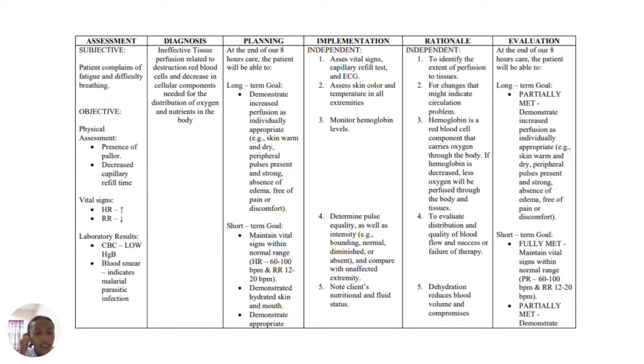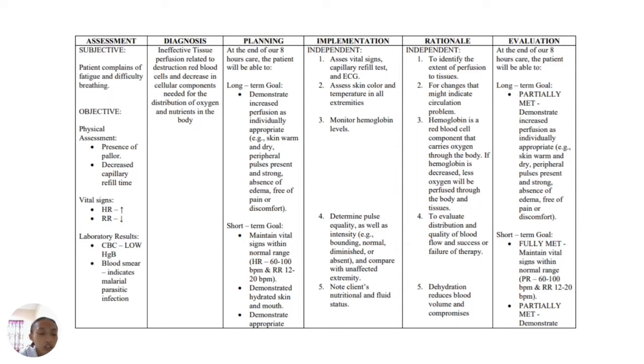And the vital signs, the heart rate would increase, and since dyspneic man siya, the respiratory rate could be affected. Kaya maglisod. Magpaspas mo. Increase na siya. So for the laboratory results, the CBC would naa siya low hemoglobin, and the blood smear would indicate malaria parasitic infection. So for the planning, at the end of our 8 hours care, the patient will be